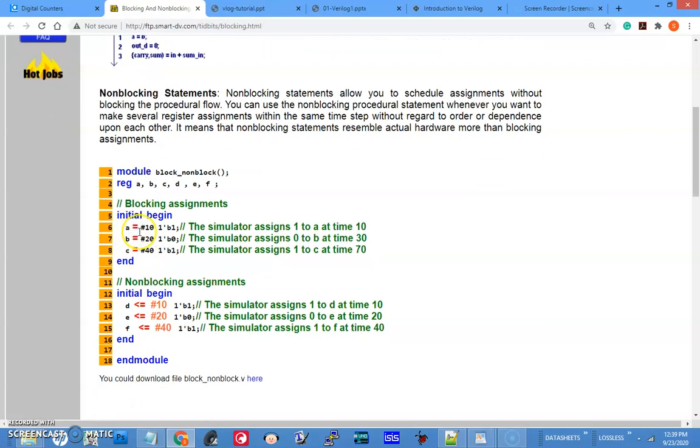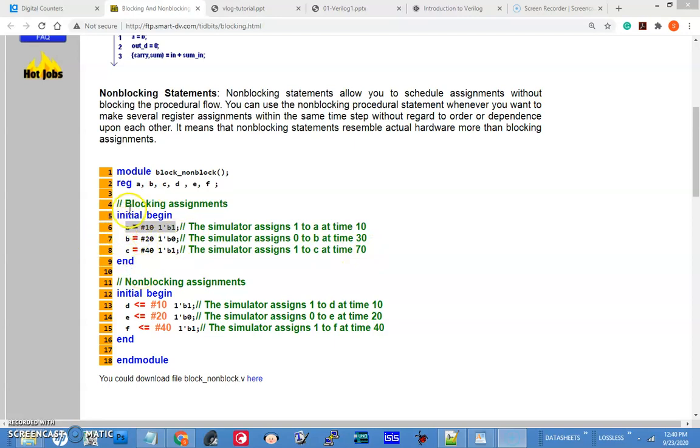So that means, you have A made as 1, B as 1 at time 10. Here, you wait for the expiry of 10 clock cycles, then A gets assigned. From there, after expiry of 30 clock cycles, cumulatively after 30 clock cycles, B gets assigned. Then from there, again after 40 clock cycles, so cumulatively 70 clock cycles, C gets assigned.